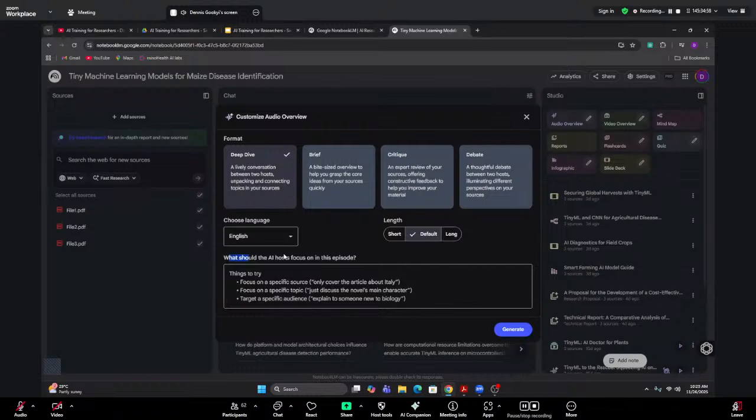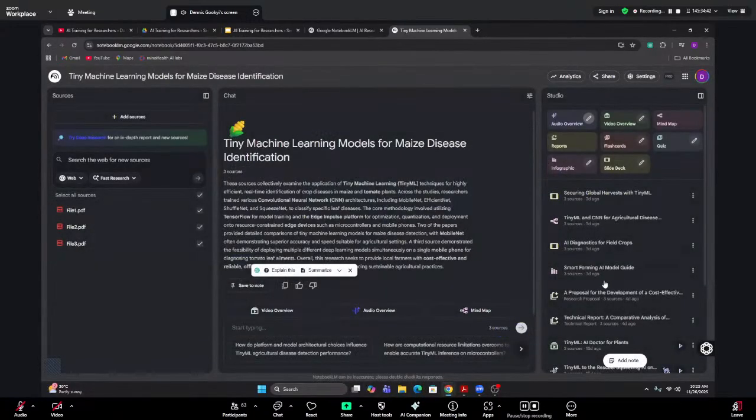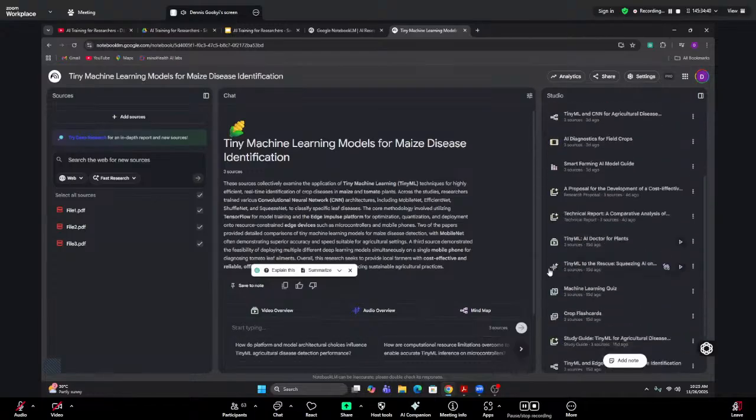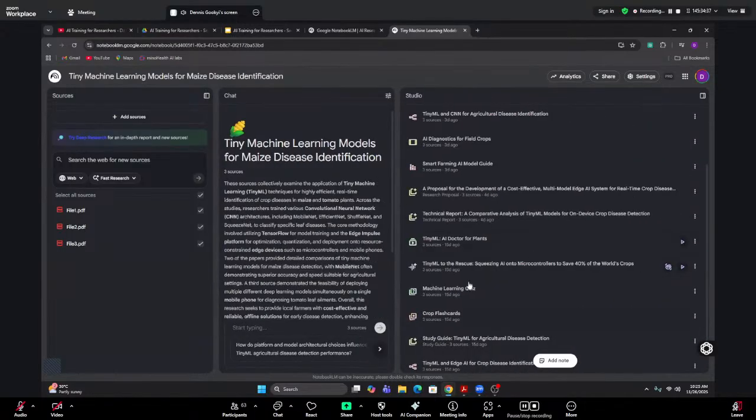And then when you are done with all of that, you just click on generate. It takes some time to generate. So I've already done that, and I'll play it to you and see how wonderful the audio overview is. Here, I've already downloaded the audio overview. As you can see, it is titled TinyML to the rescue, squeezing AI onto microcontrollers to save 40% of the workflow. So if I click here, play,